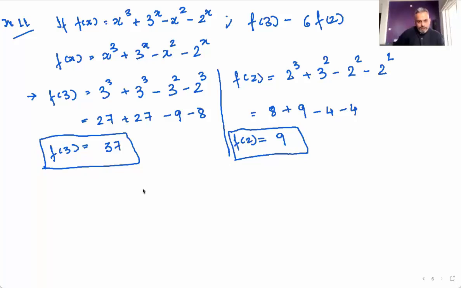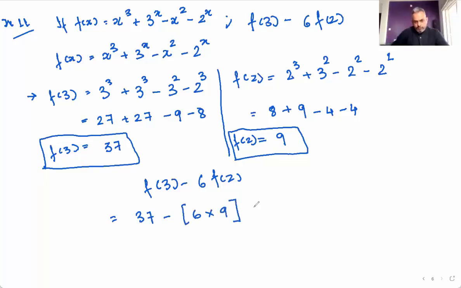What do we have to find? We have to find f of 3 minus 6 into f of 2, which is equal to 37 minus 6 into 9, which is equal to 37 minus 54, which is equal to minus 17. Hence,